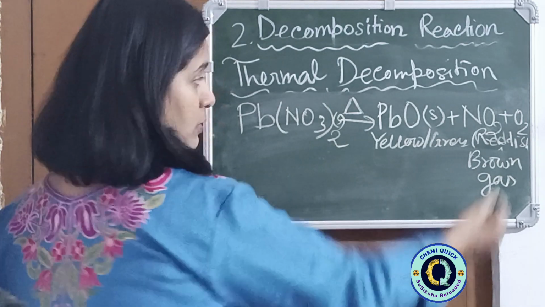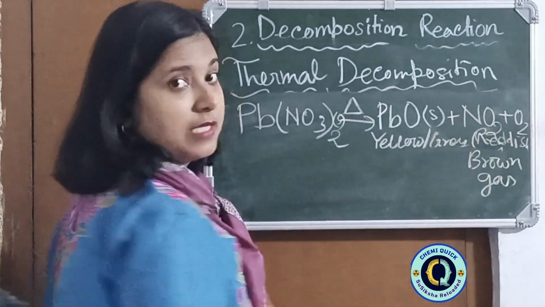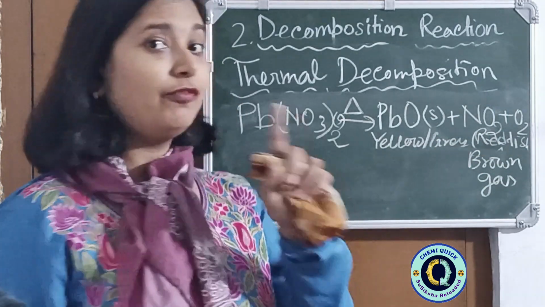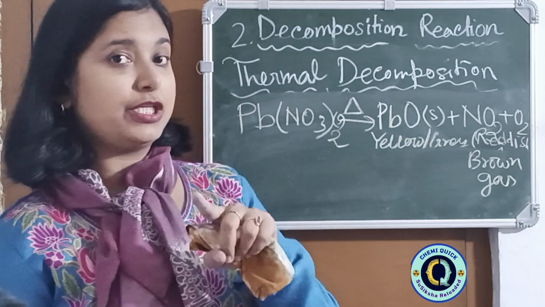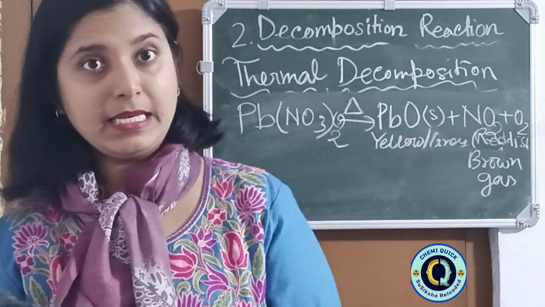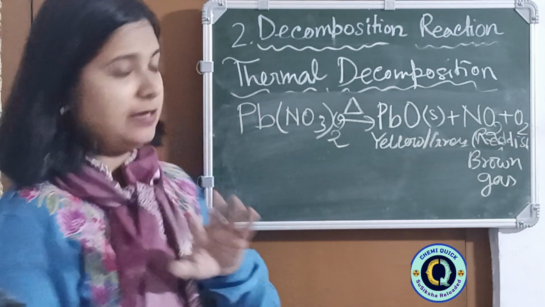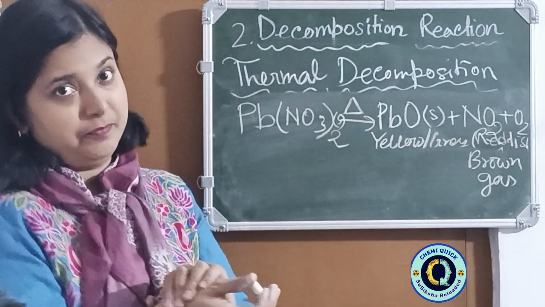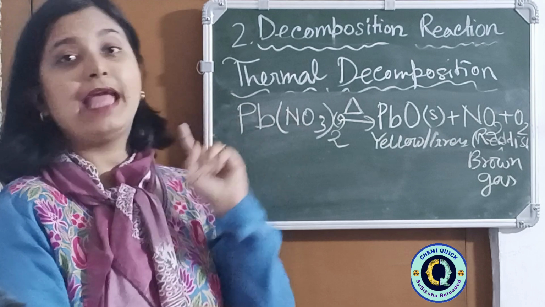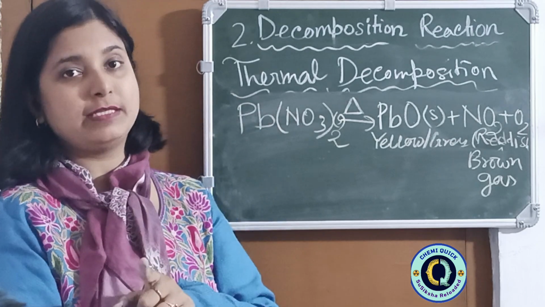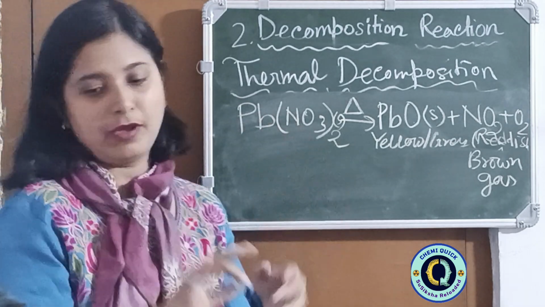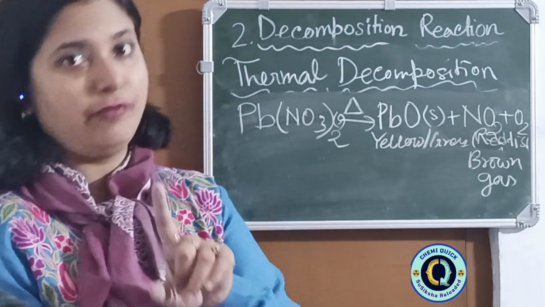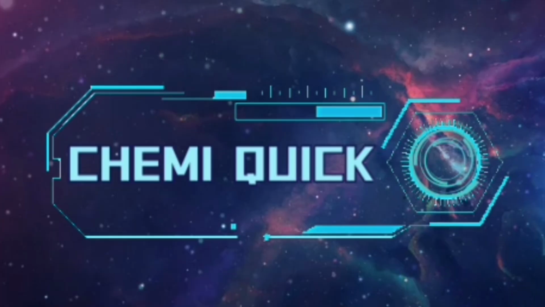Explain. Now oxygen and nitrogen dioxide are liberated together, but oxygen is colorless. So the reddish brown coloration is only seen for NO2. Oxygen is not seen. So this is a very, very important reaction. These three reactions, any one will come in the exam in any form, MCQ, short question or long question, but any one of these three will be there.